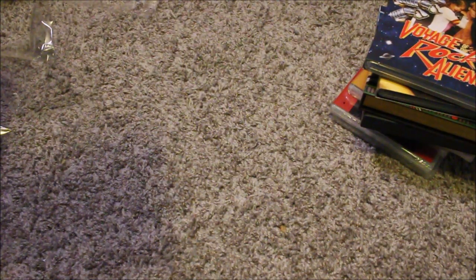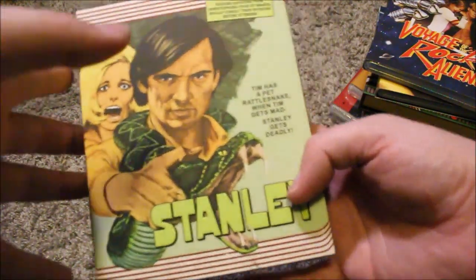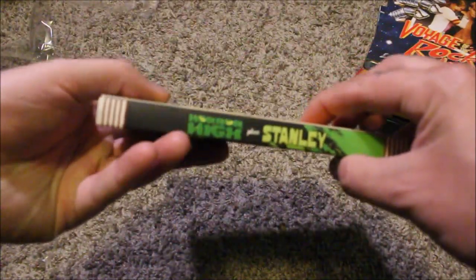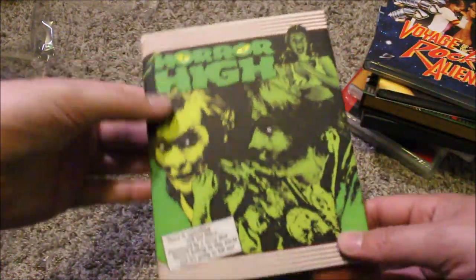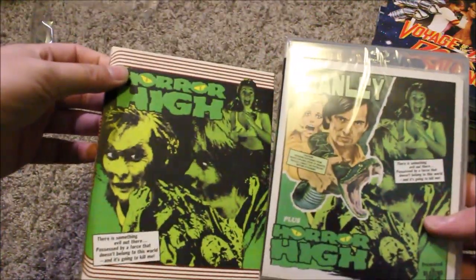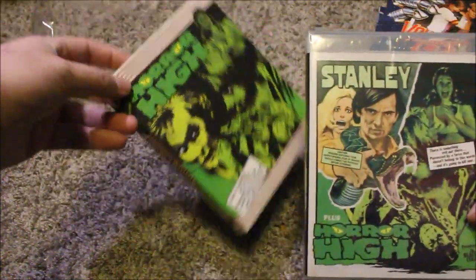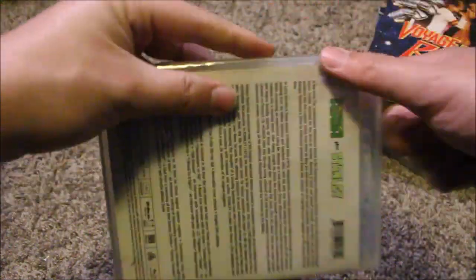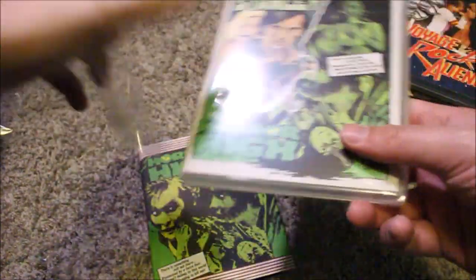They also reintroduced their drive-in collection with Stanley and Horror High. I can honestly say I've never seen either of these. I thought I had seen Horror High, but it was a totally different movie. And I think Stanley looks better to me personally. But I know that Horror High is real popular. Well, not real popular, like it's some mind-blowingly good movie, but more people seem to like that one than Stanley, but